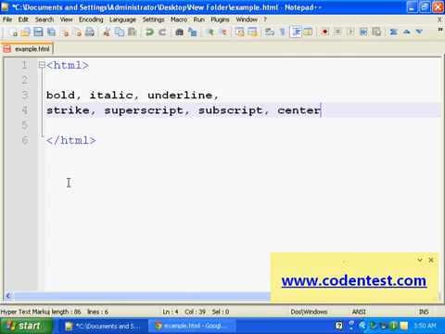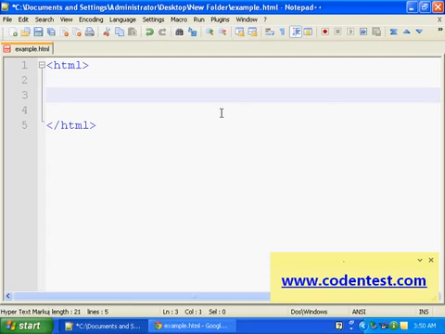So these are the important ones. There are many formatting tags, but these are the most important ones, so we'll learn these tags now. First, bold.